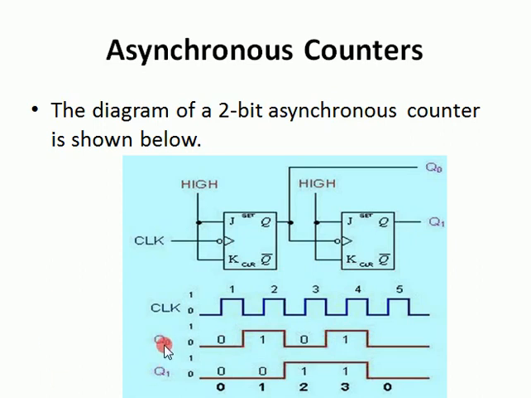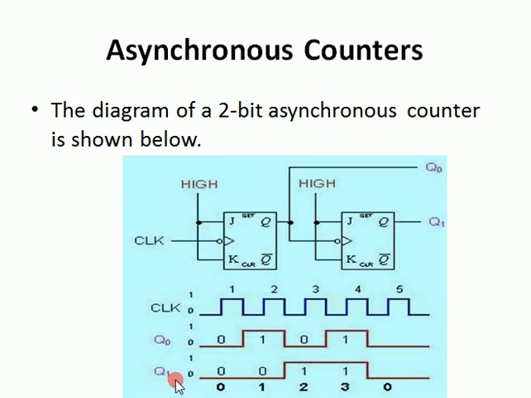Now this Q0, we will consider as the clock for the second flip-flop. And one more thing, see here, for the first flip-flop the falling edge was here, then here, then here. But for this Q1, the clock pulse is now Q0. So what is the falling edge of it? Here it is the falling edge, and this is also a falling edge. So the transition will occur here.